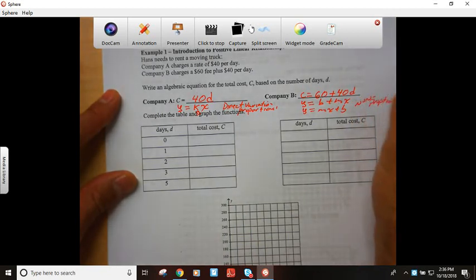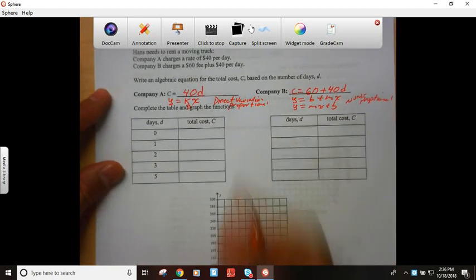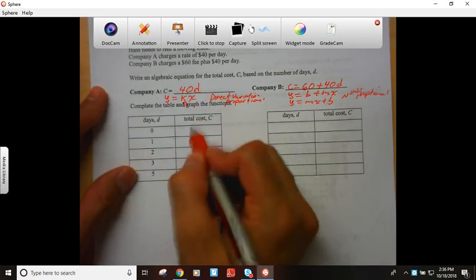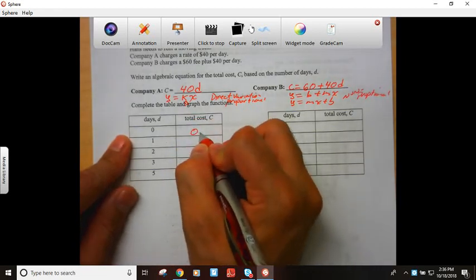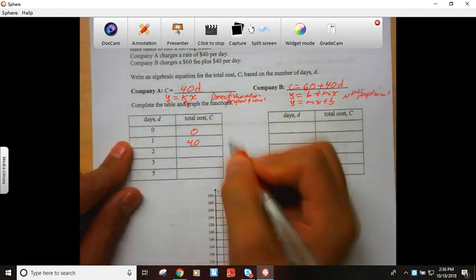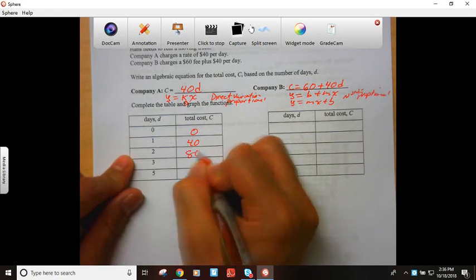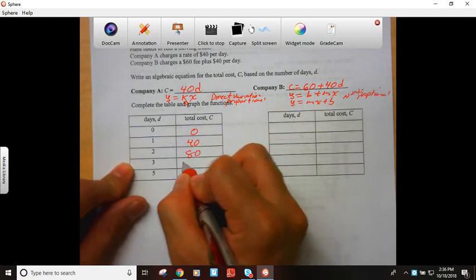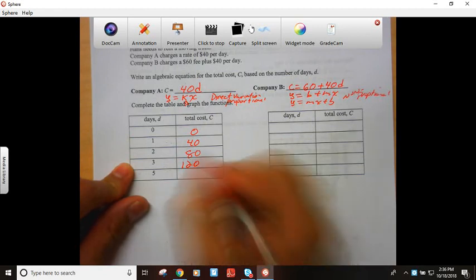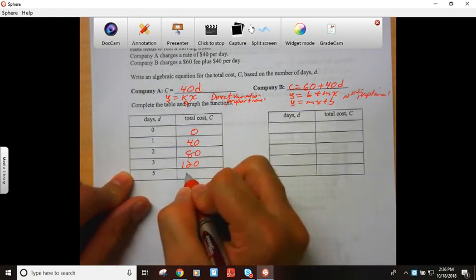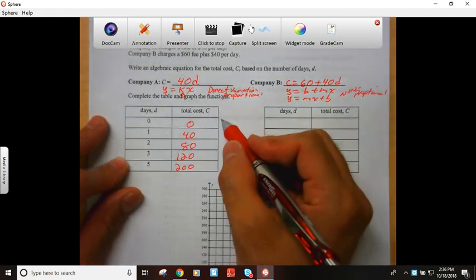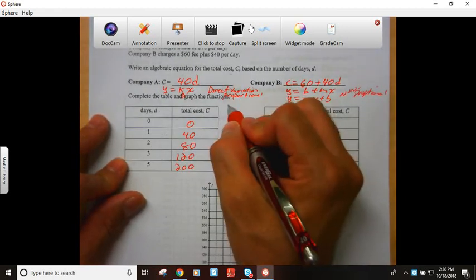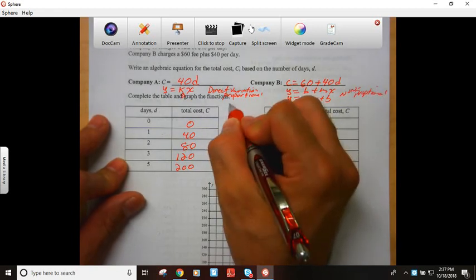So let's check to see if we are correct. Filling in our data and doing our math, at 0 days, it should cost $0. 1 day is $40. 2 days is $80. 3 days is going to be $120. And 5 is going to be $200. If I want to look at this data and figure out if it is a direct variation, you set up your